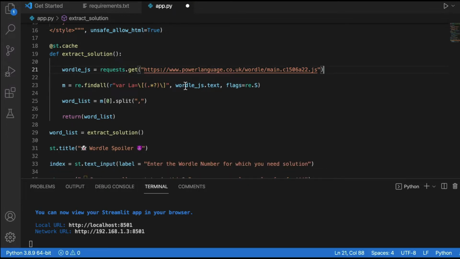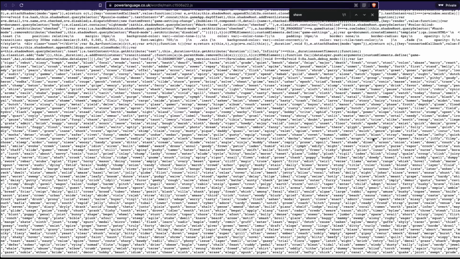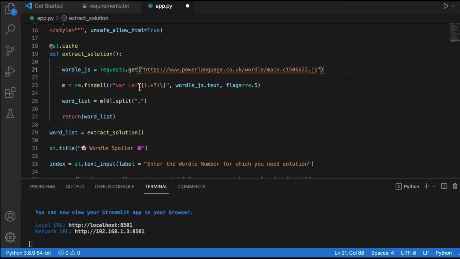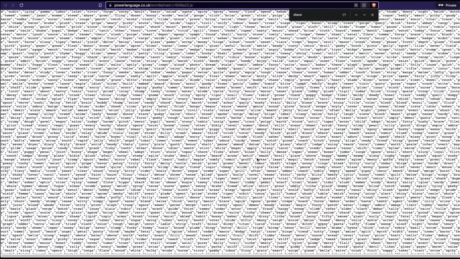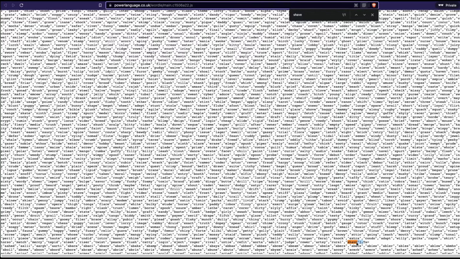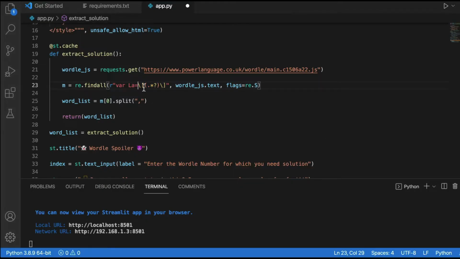We're trying to do a regex to say, okay, give me everything that starts with var la equals, and then the open square bracket, and ends with the close square bracket. So you have the open square bracket, you have the close square bracket, and we are saying we want everything that is inside this.